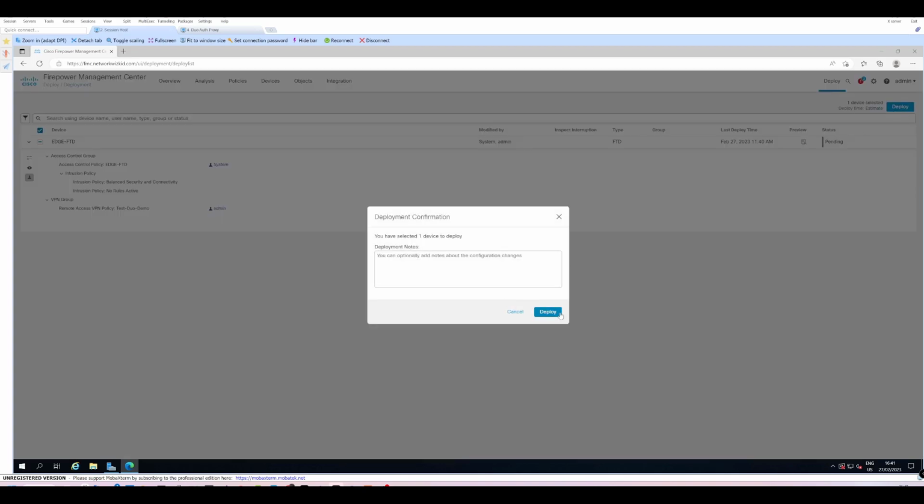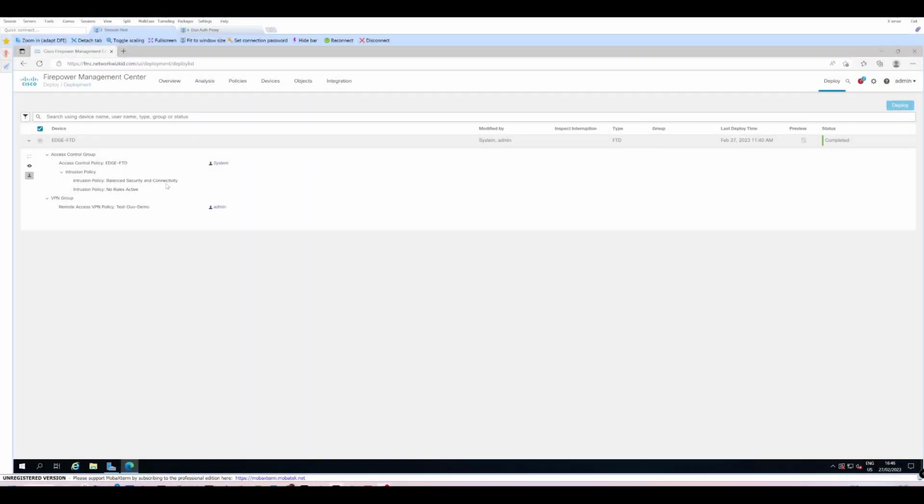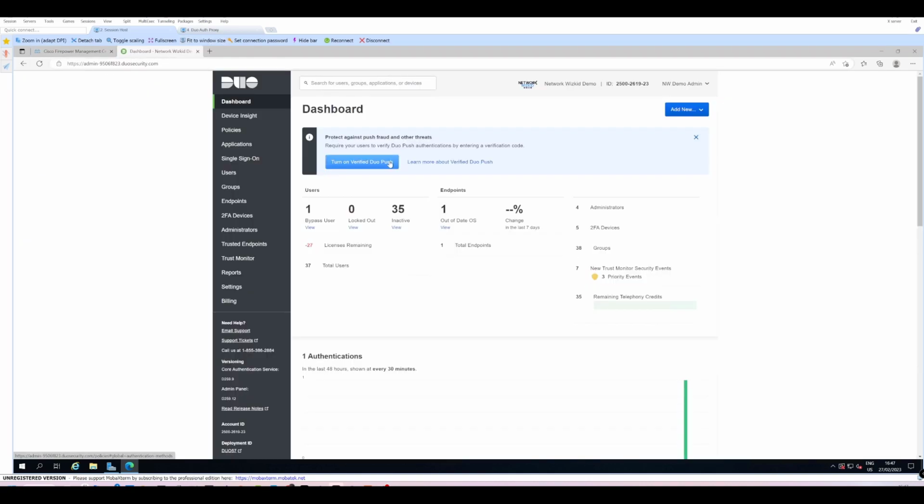You can add some notes if you want. We're just going to say deploy. That's now our Firepower configuration changes deployed for the VPN. So now we need to turn our attention to the Duo administration panel and the Duo authentication proxy before we can test. And with access to Duo, what we want to do is we want to head over to applications,